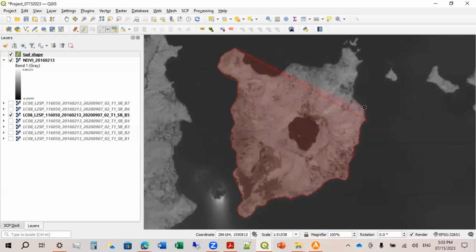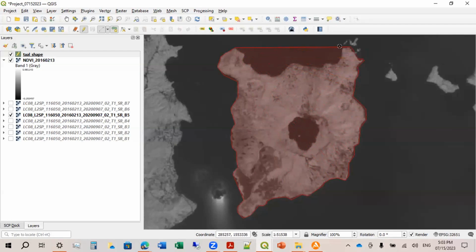So again, this is Taal Volcano Island near Tagaytay and Batangas. This is the volcano that erupted in 2020, just before the COVID pandemic started.